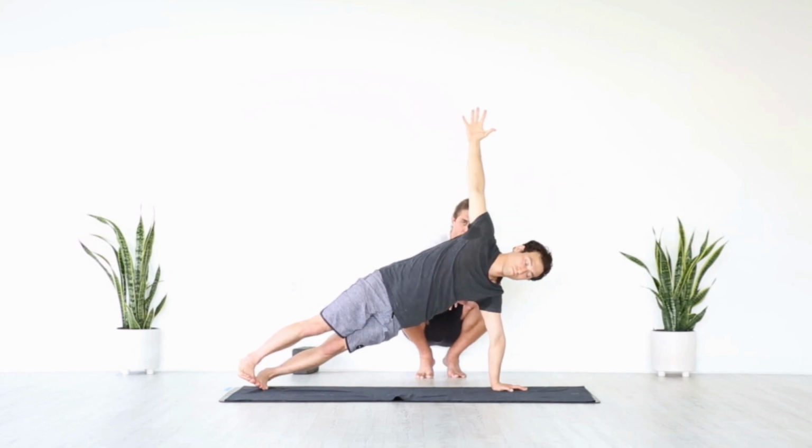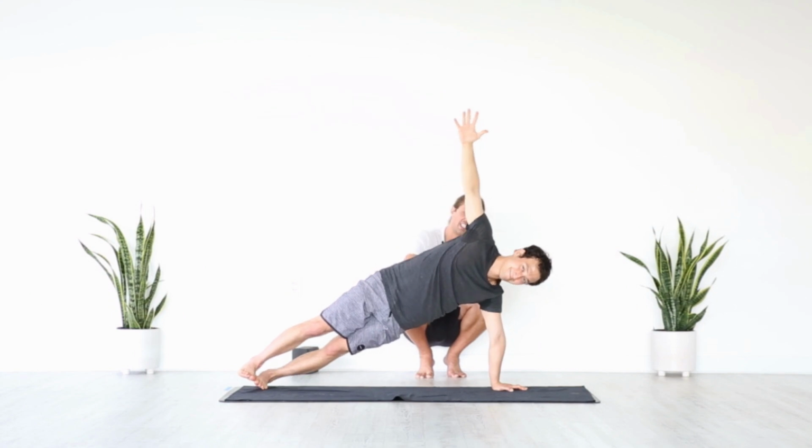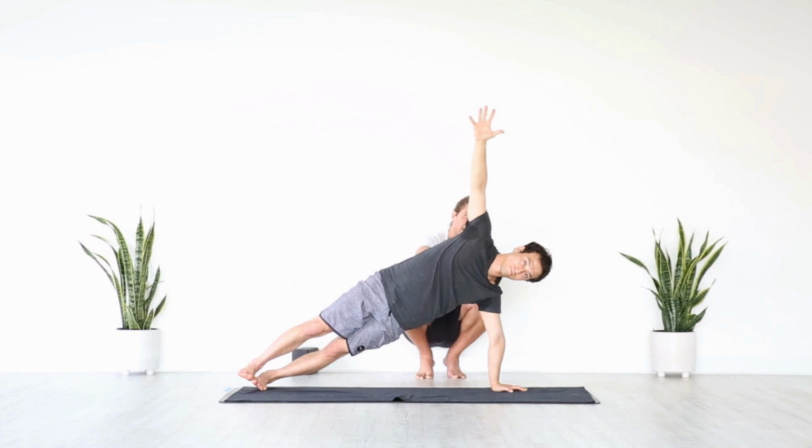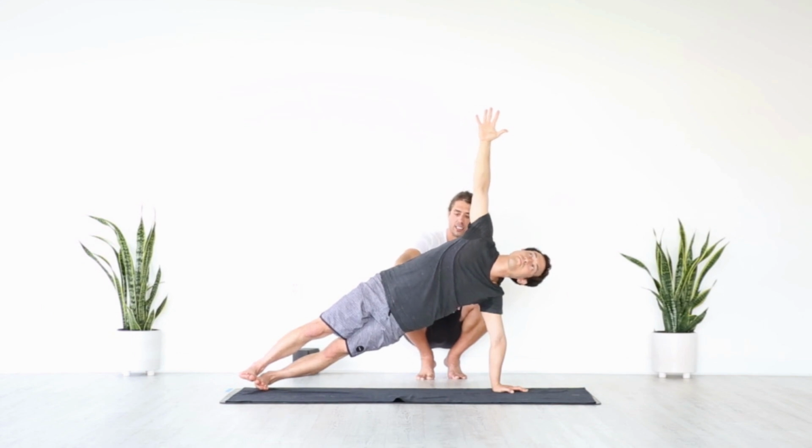So you're pushing the floor away from the serratus muscles. Those muscles live on your side ribs. And get those shoulder blades to spread apart. There you go. This right shoulder blade is pushing your right arm up higher. Tamal, can you lean your throat back so the back of the head tries to get in line with the back of the